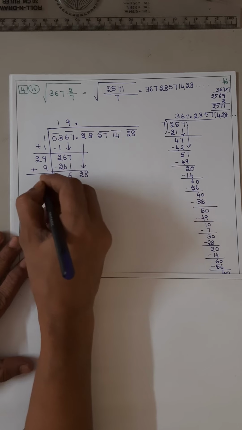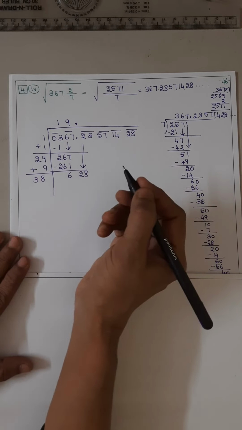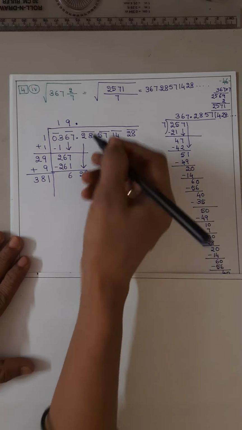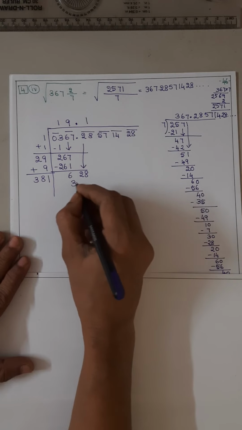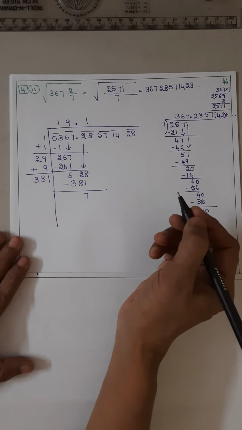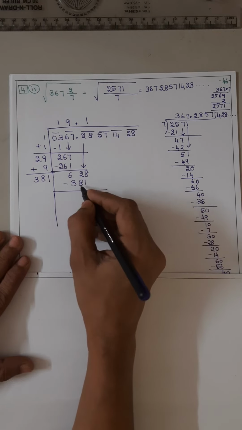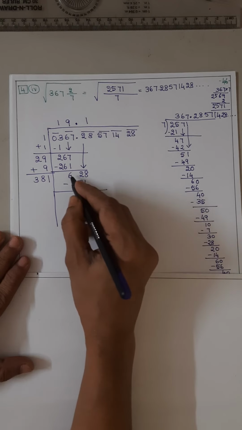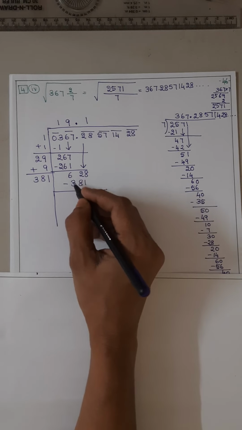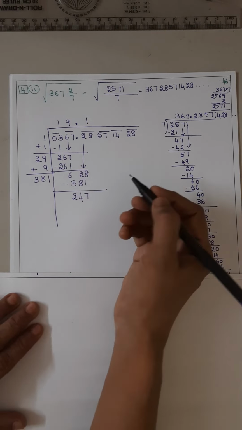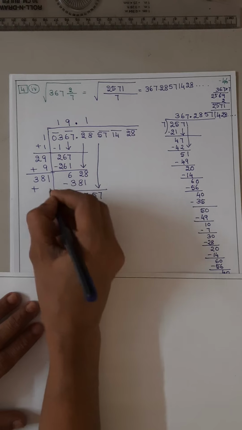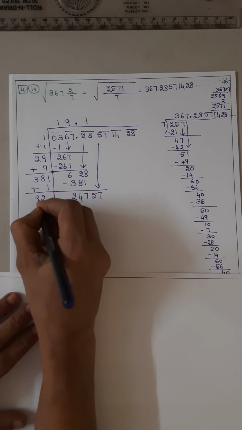Add 9 is 18, 1 plus 2, 3. 3 how much are 6? 2s are, but it is bigger. So put 1. 381 as it is. 8 minus 1, 7. Now 12 minus 8 is 4. 6, 5. Now it is 5. 5 minus 3 is 2. Bring 57 down. Add 1. It is 283.